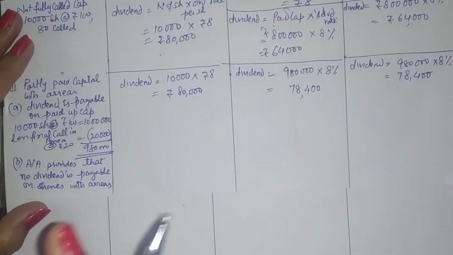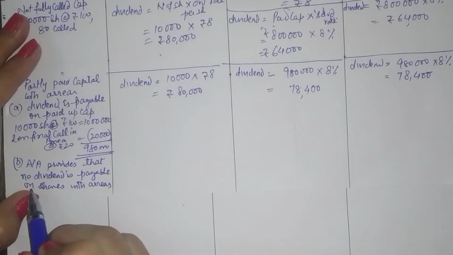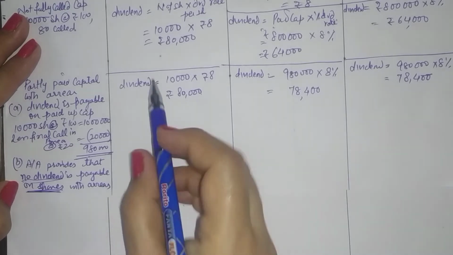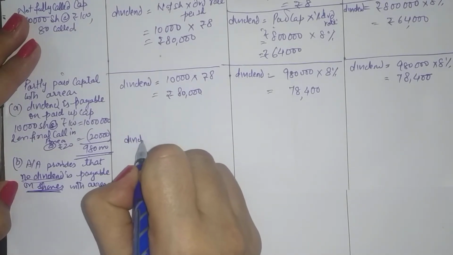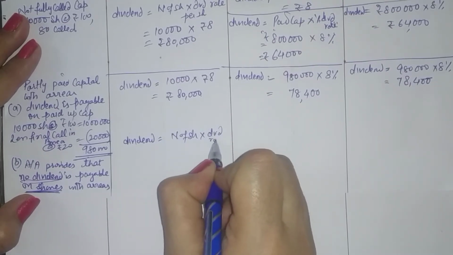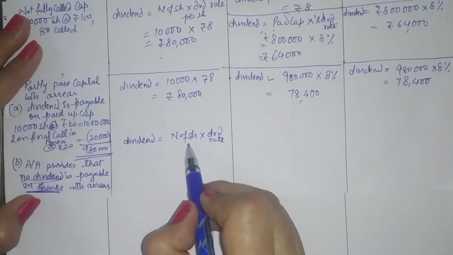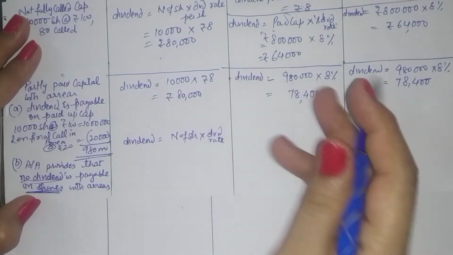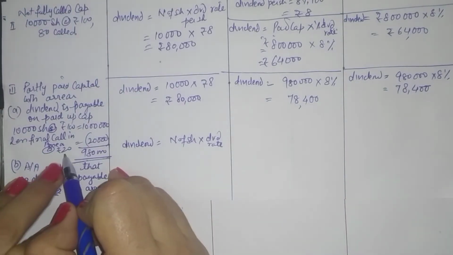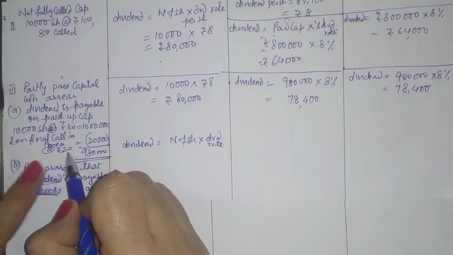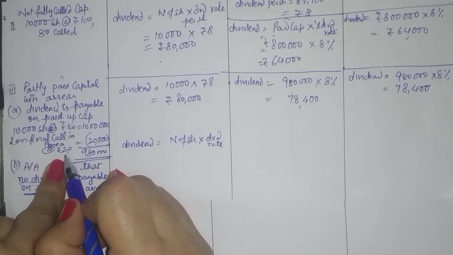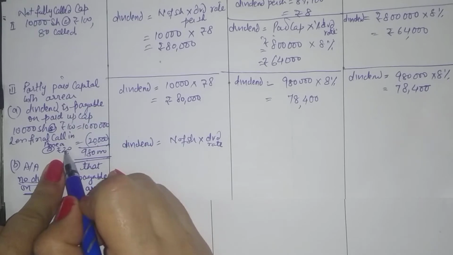So now we'll have to altogether cancel the shares because it says that dividend is not payable on the shares with arrears. So now in this case, when we calculate dividend, which is number of shares into dividend rate, herein the number of shares will now not be 10,000, because we are not to pay dividend on the shares which are in arrears. If 20 rupees is the final call amount, it means that 20,000 rupees of amount is in arrears. So 20 rupees of arrear per share will imply it is on 1,000 shares.